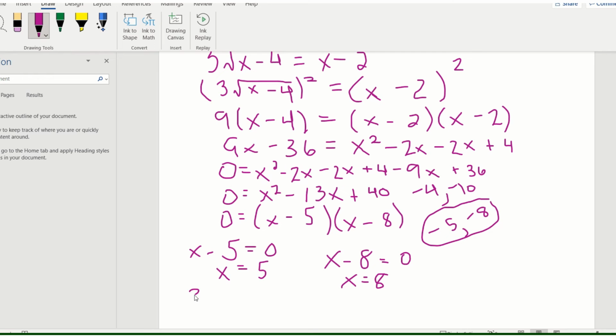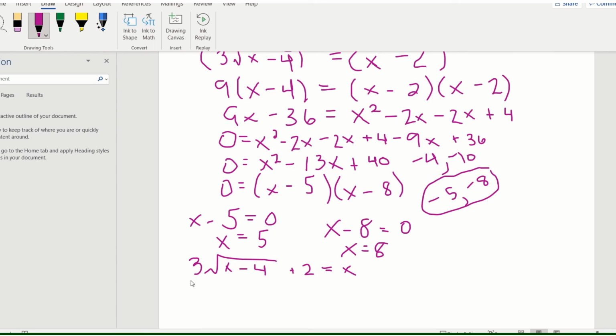So I'm going to write the original equation out here. And then I'll plug the 5 in first, and we'll see if that works, and then we'll plug the 8 in, and we'll see if that works. And let's see, that was an x on the right originally. All right, so let's put 5 in for the x's and see if this works out to be correct. So if I put 5 here, and also 5 in over here,